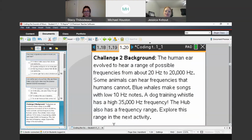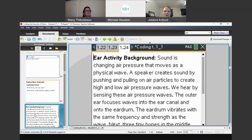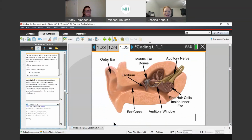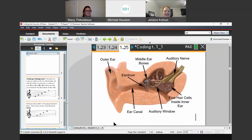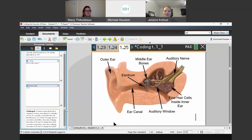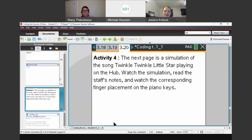So Twinkle Twinkle is one of those songs that a lot of people know. I have nightmares from second grade violin class of trying to learn Twinkle Twinkle Little Star. But it's something that all students could at least get into. So if they don't know how to read music or they haven't read music in a long time, it's still accessible to them. And there are some things that us as teachers could help modify to help them be successful